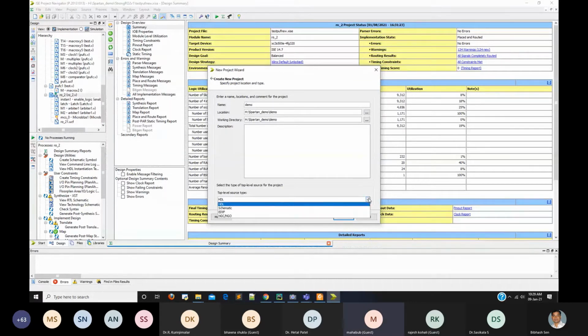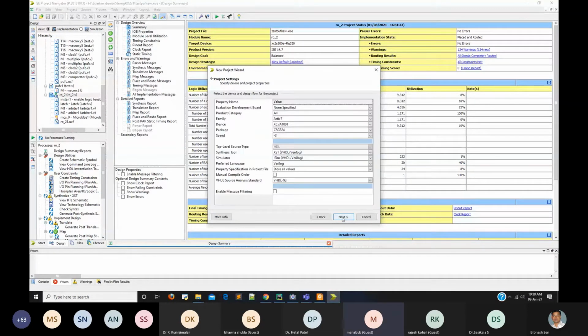We are going to use HDL. You can also use schematic or EDIF, but here we will use HDL. And here you need to set up the board. The default is Artix 7, so just change this to Spartan 3.